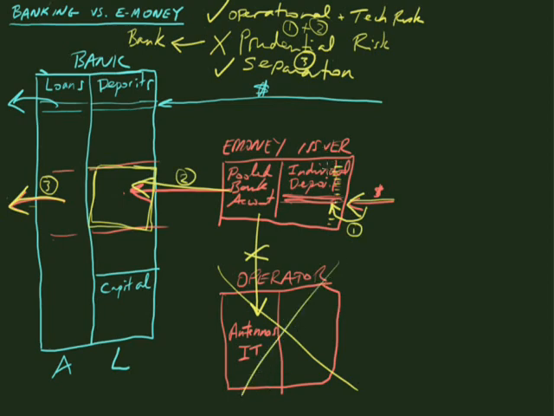With separation, then we can envision a situation where the operator fails, and it's not a problem for depositors of the e-money issuer, because none of the money that they need to get back depends on getting money back from the operator, because all their money is backed by a bank account. Separation, therefore, entails also that if the operator fails, the creditors of the operator cannot access this pooled bank account, because it's not their money, it's not the operator's money, it's the money held in trust collectively for the individual depositors of the scheme.